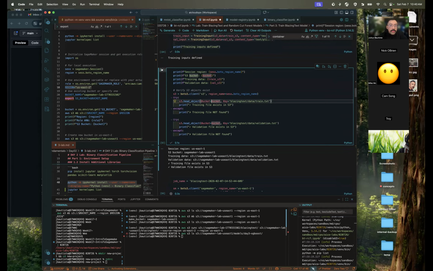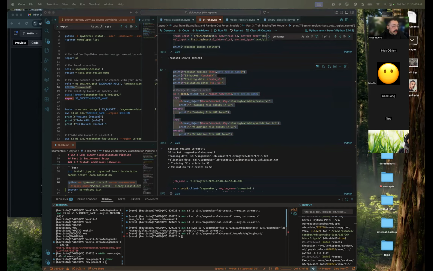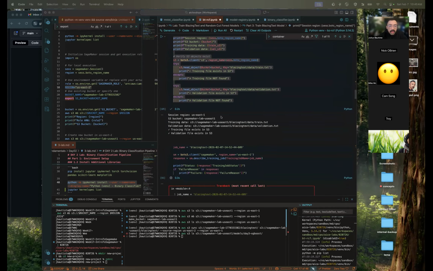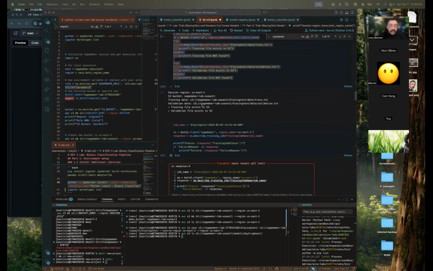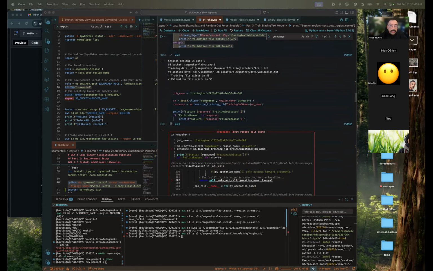Okay, so this S3 dot head object will pass these into the bucket. So let's get that in Slack. Confirmation in the print statements will let you know that it worked. And then we can